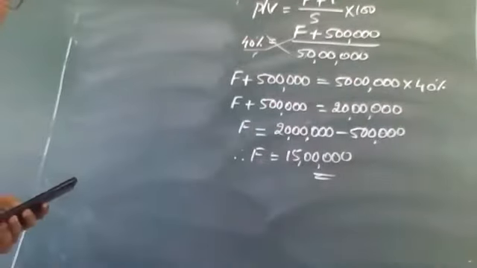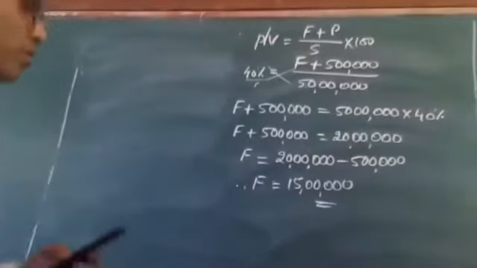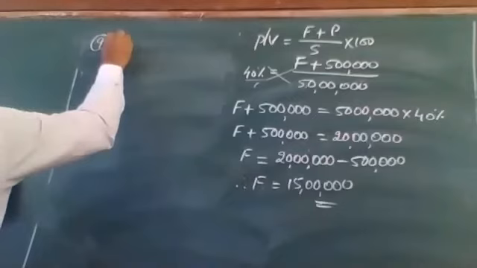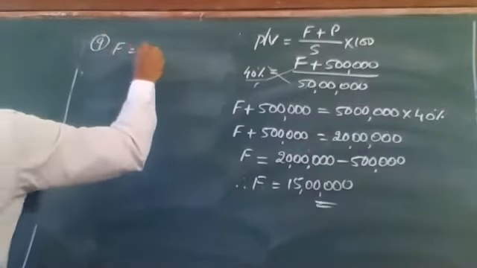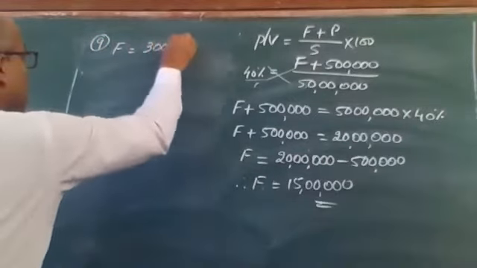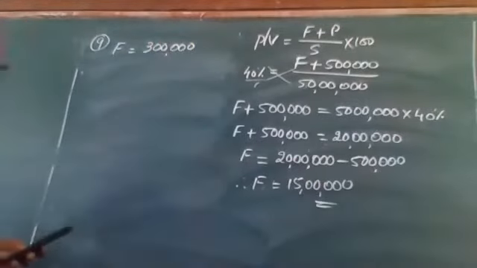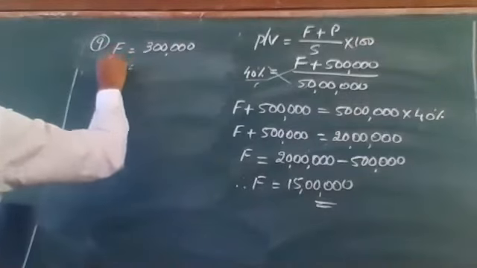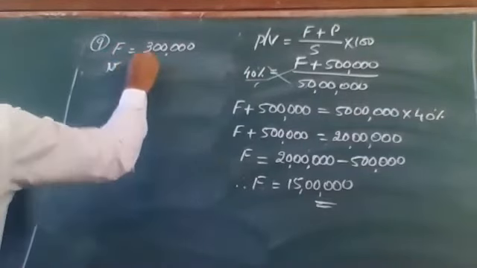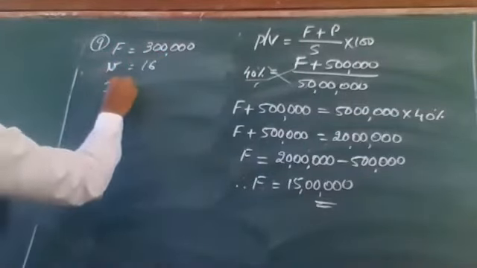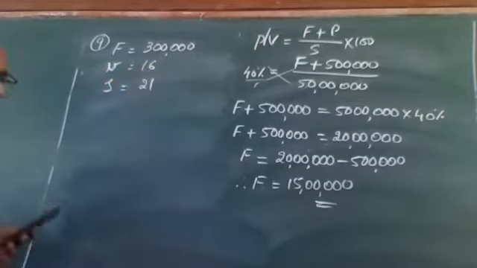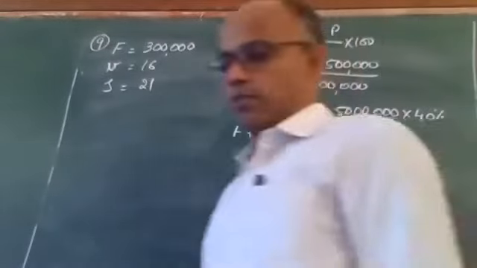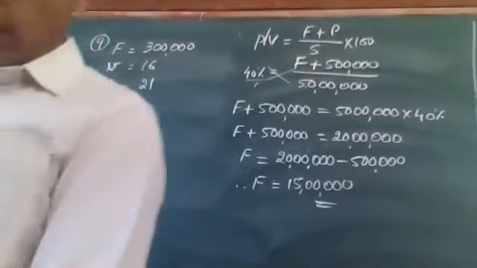What is given to us? Number ninth one. Fixed expenses in total. So capital F is 3 lakhs, correct? Variable cost per unit, so it is small v, correct? Small v is 16. Small s is 21. Why am I calling it small s and small v? Per unit selling price and per unit variable cost. So this is the question, and he's asking you to find out